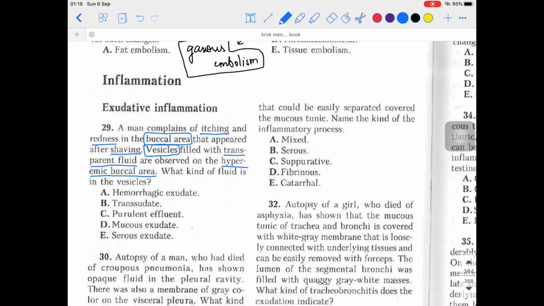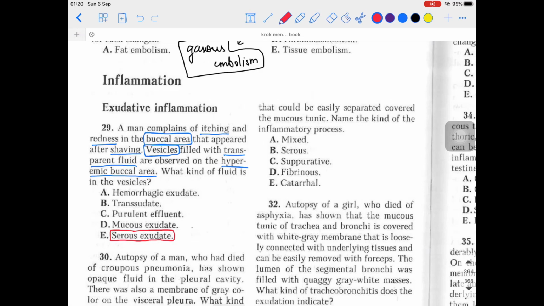Because for that you should know what serous inflammation actually means. In that we study about the serous exudate. So first of all, let me tell you the correct answer for this one is serous exudate, and it is an example which comes under serous inflammation. What happens is that it is marked by the outpouring of a thin fluid that is derived from either the bloodstream or the secretions of the mesothelial cells. What do I mean by that?